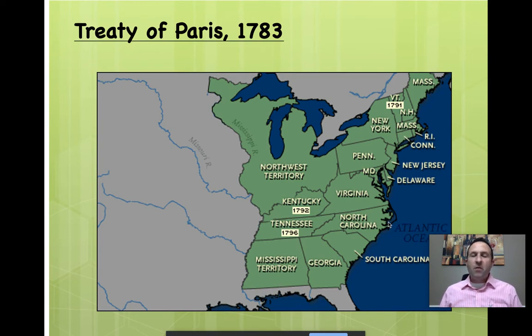And the key thing here is, what should our new government look like? What kind of government do we need? What kind of government do we want? And the reality is, three big things, or three keys, dominated the political rhetoric when it came to determining a new government. Number one, we had a tremendous fear of central power.